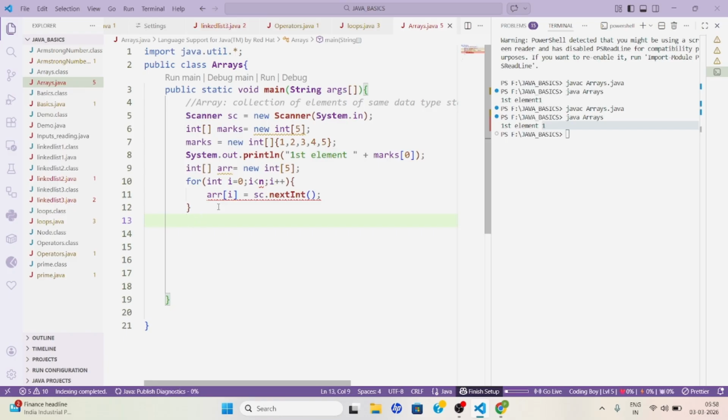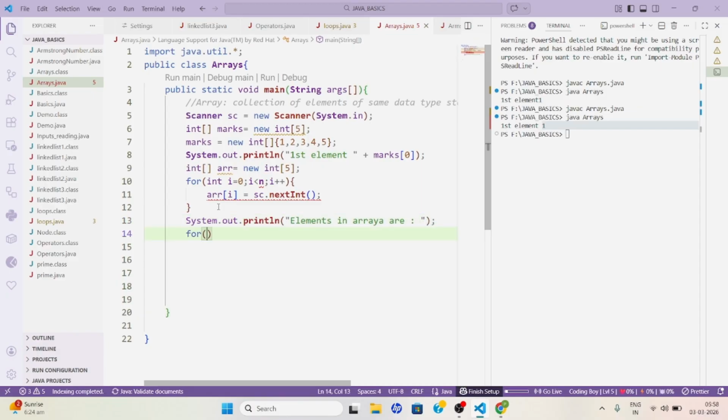I'll give the message as system.out.println elements in array are. Again, to print the values of an array we use a for loop. Int i equal to 0, i less than,